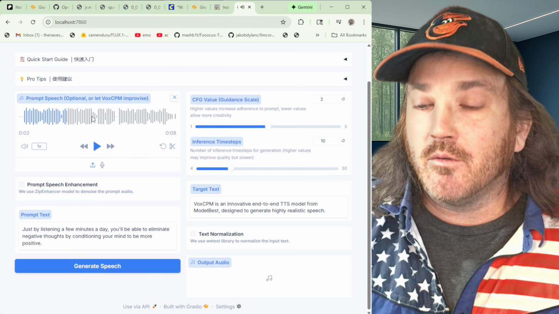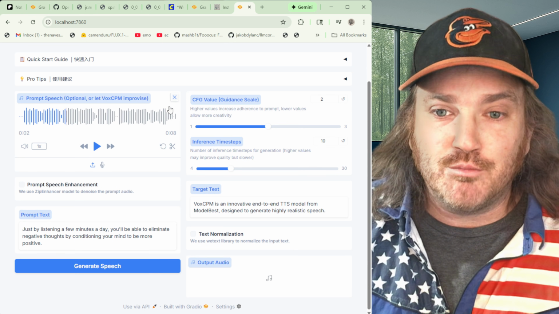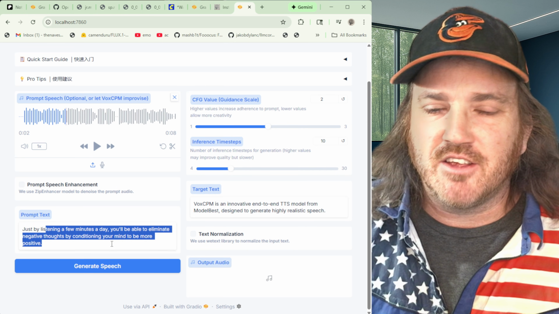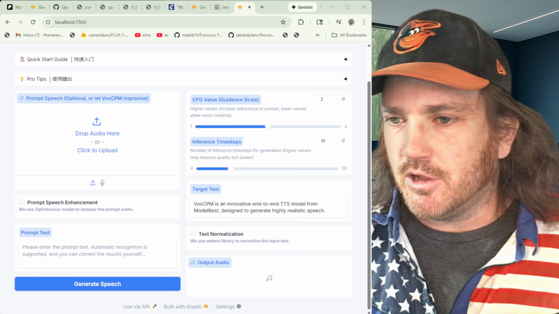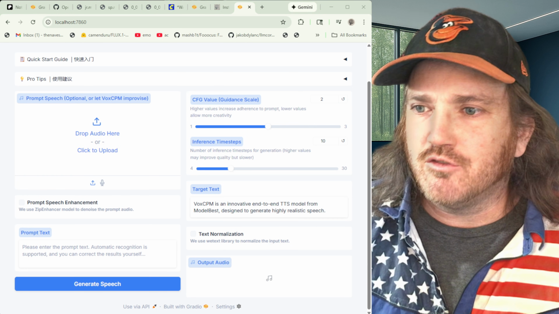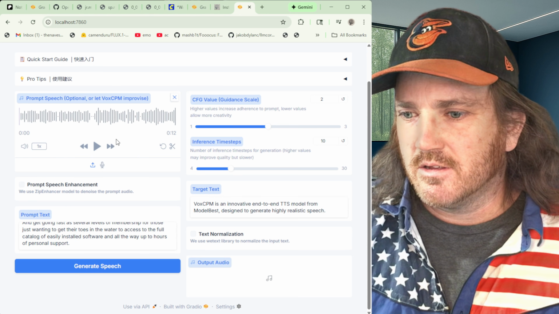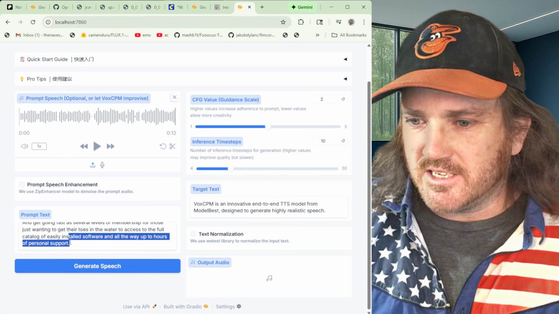Okay. And what's really cool about this, whatever voice you put in here, it actually uses Whisper to transcribe it. So you can clear that out. We could upload, let's upload SpongeBob here. Okay, and notice it automatically